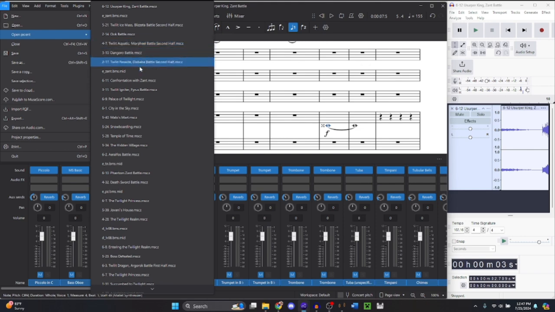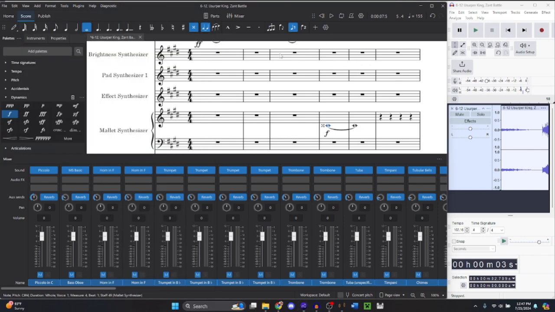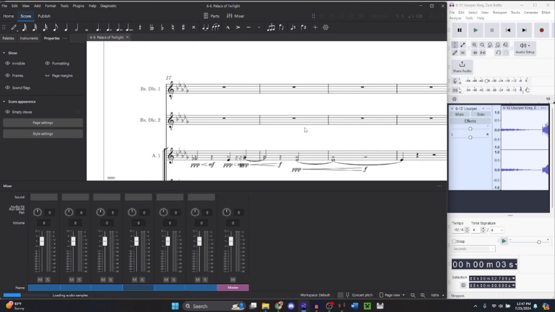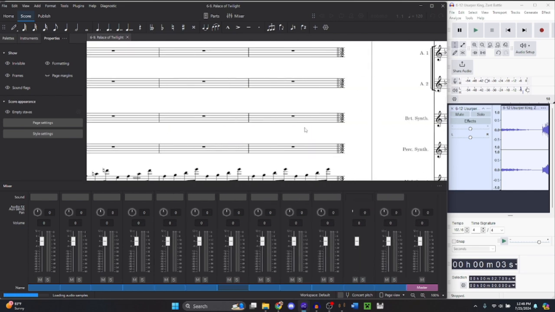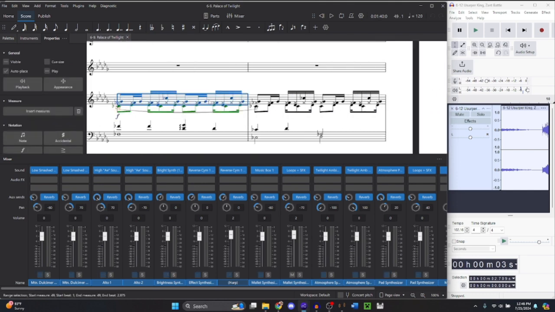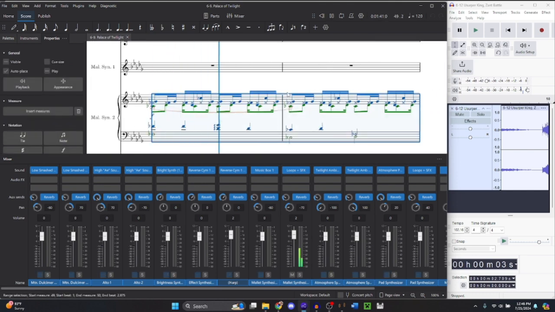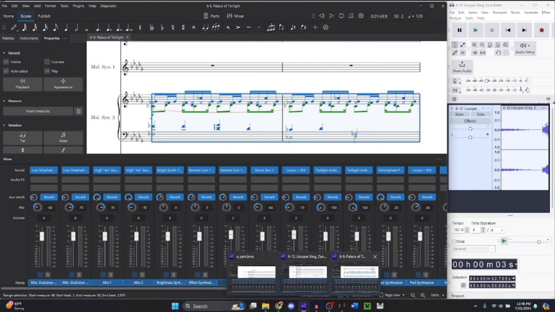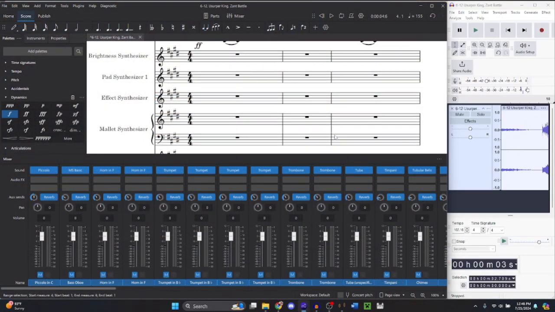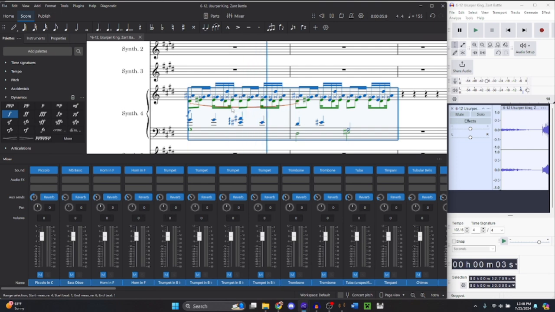Okay, now open up a recent score, Palace of Twilight, because that's one of the ones where I have the written out first half of the loop. Okay, scroll all the way over here. There it is. I want this one. Perfect. Copy that and then paste it over here. I think I go up 4 half steps. Right here, then